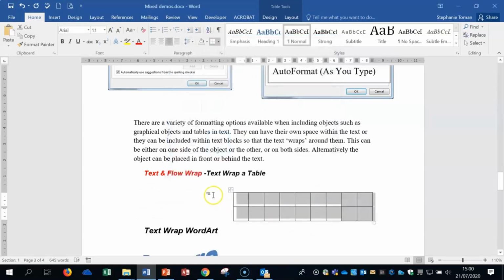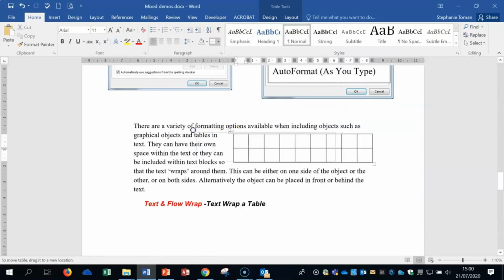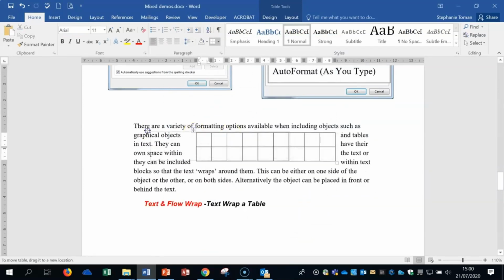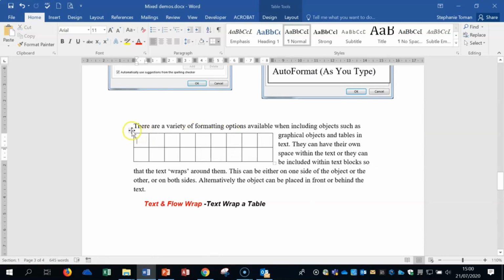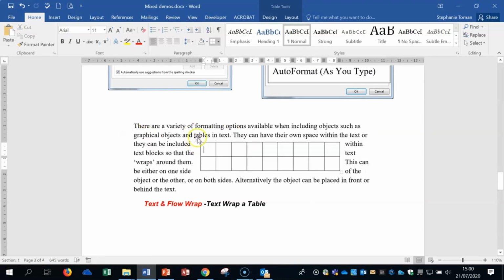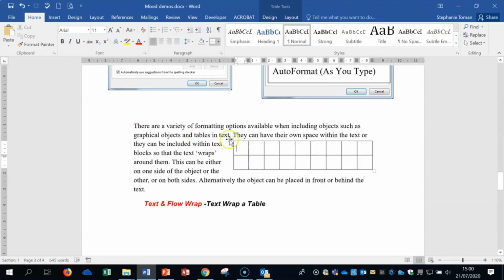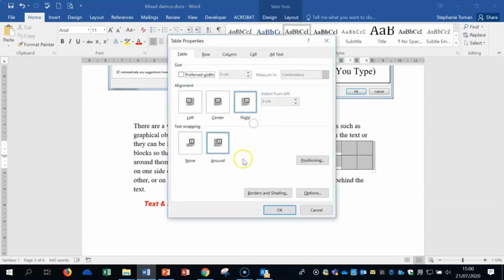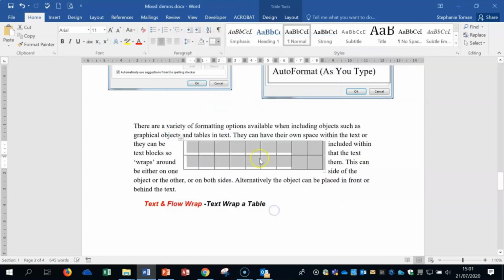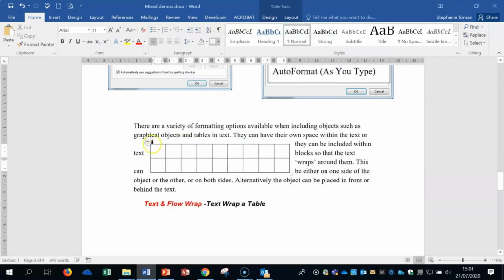So if we OK, if we drag that into text now, you can see how it wraps and the text always goes to the right as much as it can when it sits in there. Okay, so if you right click table properties, you can see that it's to the right. Try different ones just to see what happens. You can see that that's going to the center as much as it can,